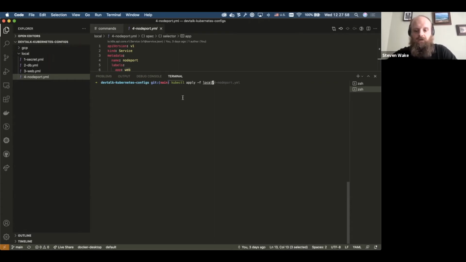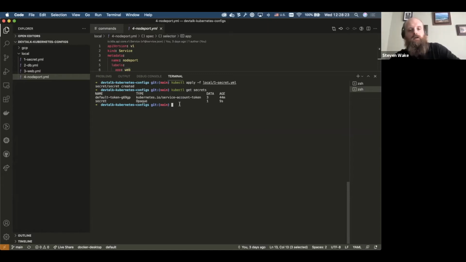We'll start with the secret. So I'm going to use kubectl to interrogate that secret. That tells you that the default type is opaque, and the secret is there, and it's got the key that we're required to pass to the two different pods.